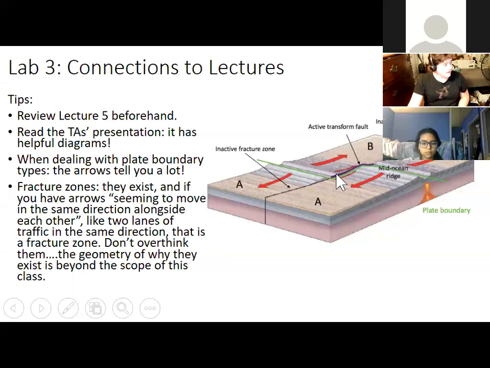One thing I should mention also is that a lot of the animations in Lecture 5 come from Dr. Tanya Atwater's website, and there's a link to that under course resources at the top of the Gaucho Space page in case you want to look through any of those animations. But the animations will sometimes give you a sense that spreading centers, the rate at which they spread will change, and that's something that lab talks about a little bit, and that will cause the length